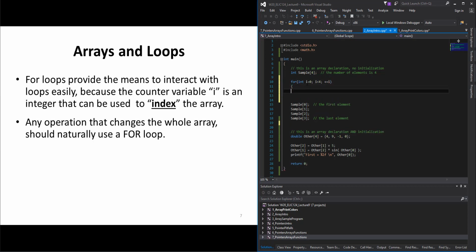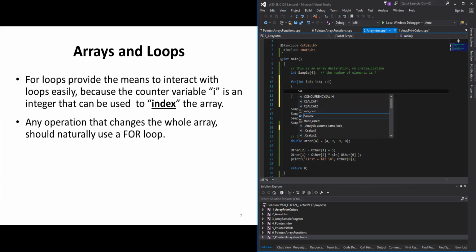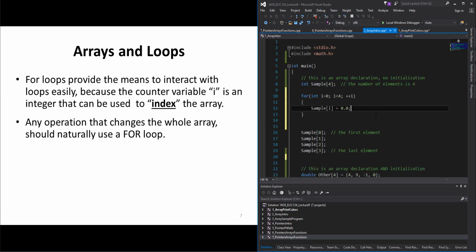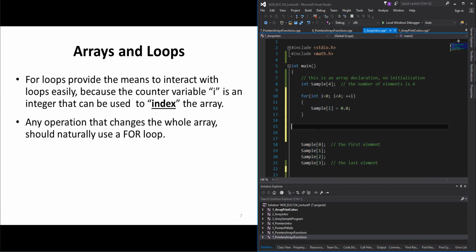We can start with our familiar for loop here. And now we can just go ahead and put sample at i and just say that equals 0. Now what this code will do is have the following effect. It is the same as saying sample at 0, sample at 1, sample at 2, all of that is equal to